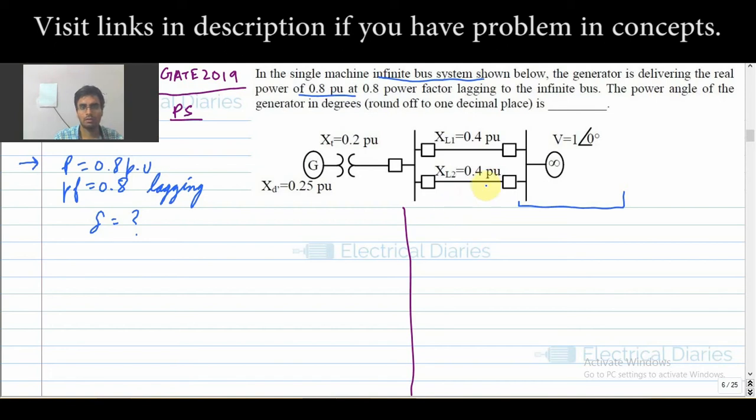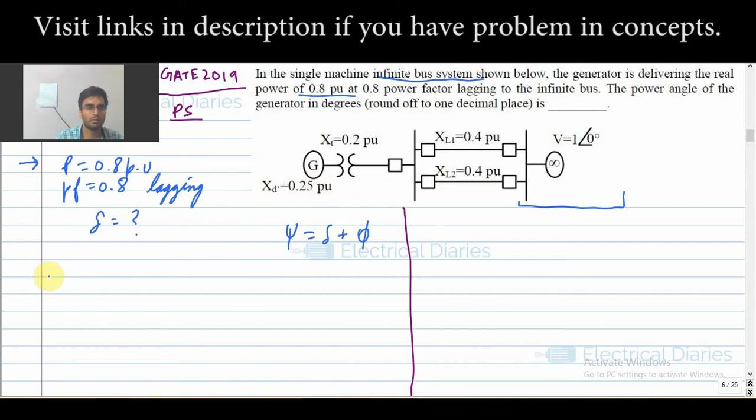They have not given which kind of generator this is, so by default you will take the cylindrical rotor type. And see why I am telling this: whenever the power factor is also given to you and load angle is asked, that is delta, also called power angle, then one thing should strike in your mind, that you have to use this relation psi is equal to delta plus phi. Phi is the power factor angle, delta is the load angle, and psi you can find out from somewhere.